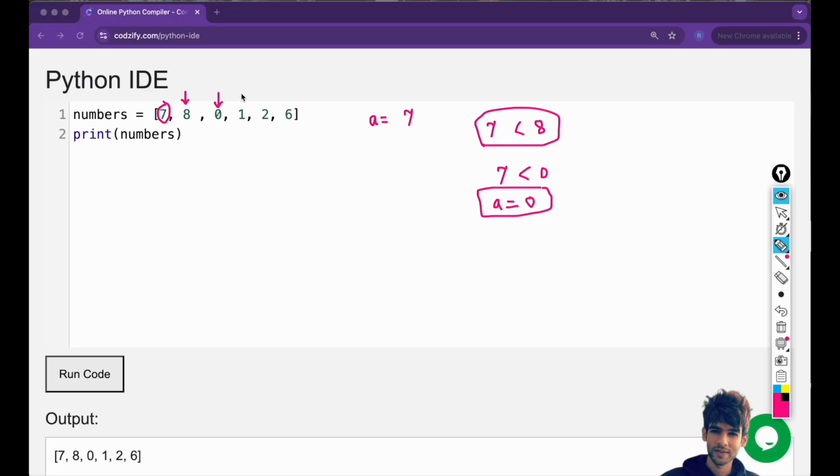Till this iteration. Now we will compare it with 1. Now we will compare 0 with 1. 0 is less than 1, so we pass to 2. 0 is less than 2, yes. 0 is less than 6, yes. Then the final output here will be a equals 0. Basically we are comparing with the value of a here. So this 0 is representing the value of a,